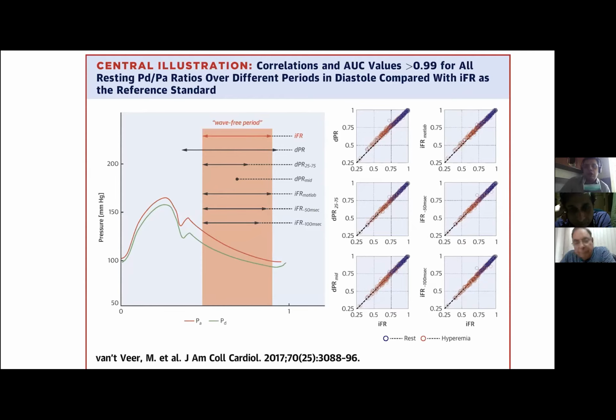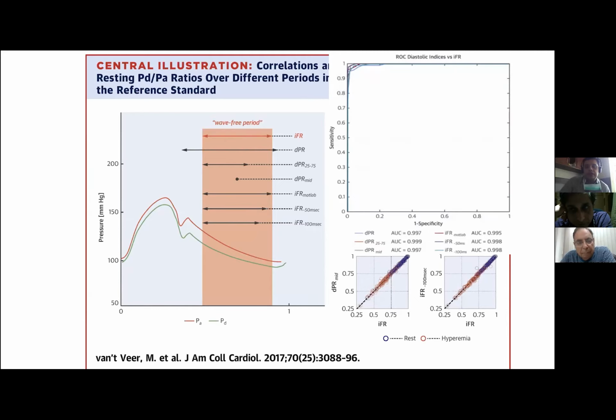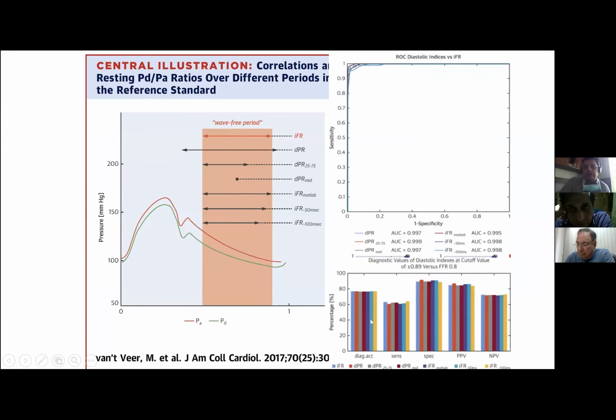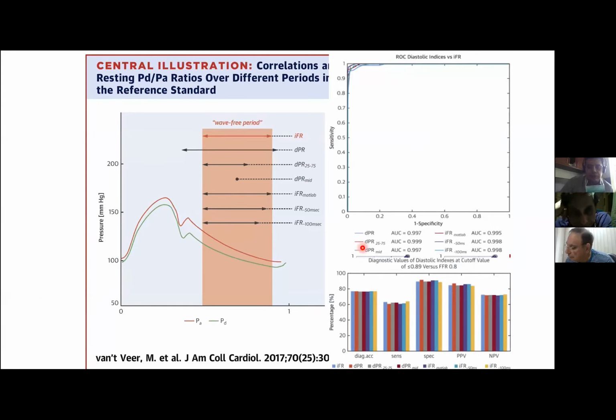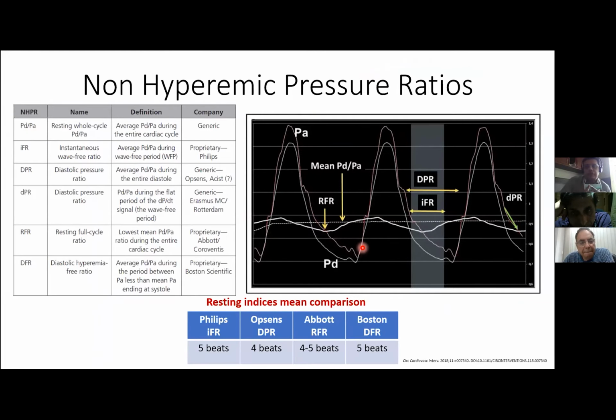And they found that all of them correlated extremely well. You can see that the curves are pretty much stacked up at the top. All of them are having the same diagnostic accuracy, sensitivity, specificity, positive predictive value, and negative predictive value. So this really opened up the field. It was not about a particular name or a particular software, but it is about measurement at the right place using the right software. And this concept of non-hyperemic pressure ratios, or NHPR as we call it these days, came